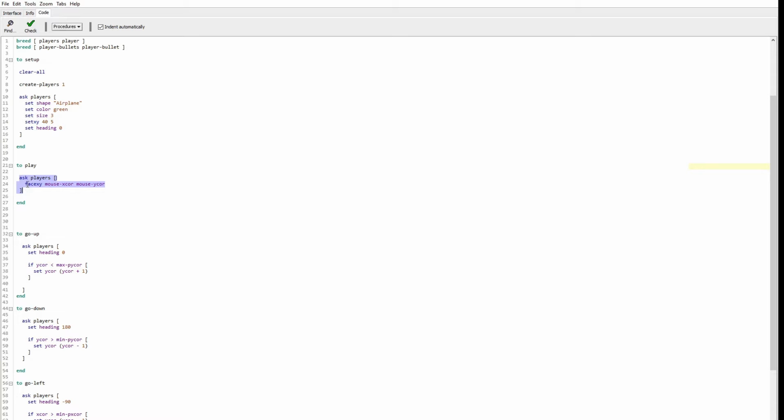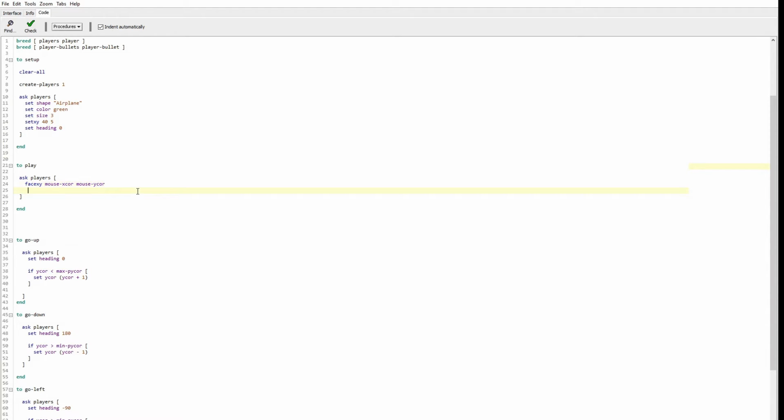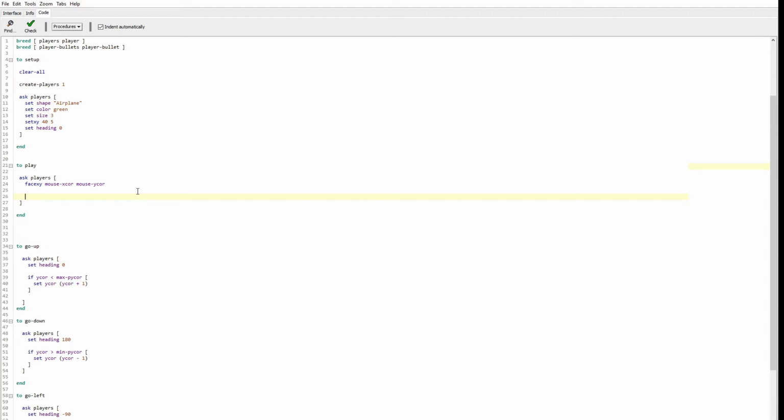Now we created a new breed, and what we have to do is, every time this play procedure is getting executed, in an infinite loop, right now it's asking players just to face the mouse coordinates. In addition to that, we are going to add another logic specific to players. So that means if the mouse button is down,